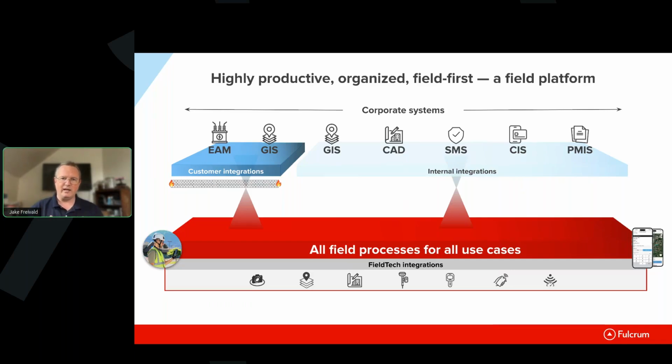So having a way to integrate safety and asset management and geospatial and project management, all of that data, into one place, just the stuff that the field needs to know, and then let the field use it. And as the field uses it, it's able to push that information back into all of those systems in the way that it needs to have them. That is a surefire way to make a better basis for ensuring that your processes get done, that the billing occurs on time, that you have all of the evidence necessary for each step in the process, and that all of it's coherent. You're not going to multiple places to get it. You're going to one place to get all of that information.